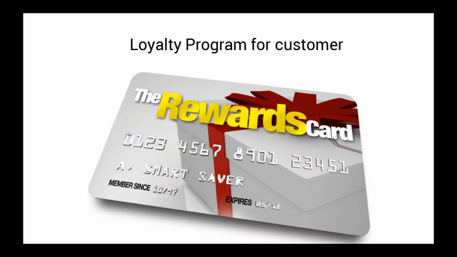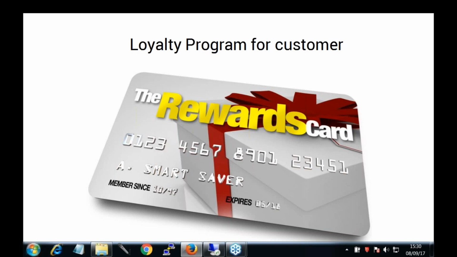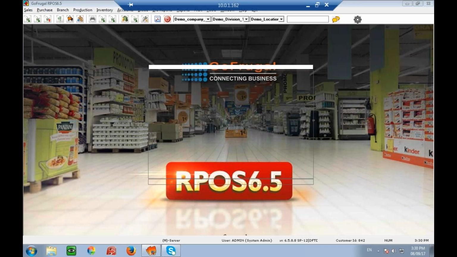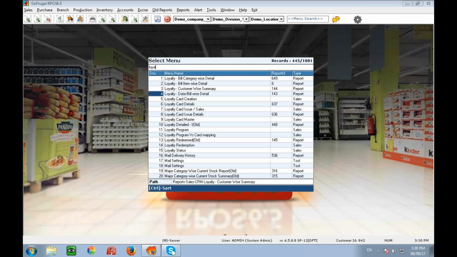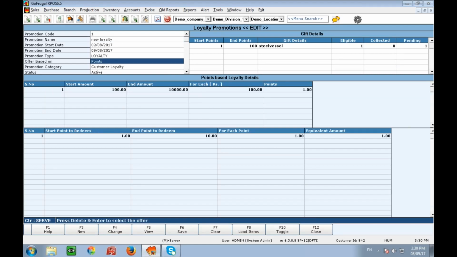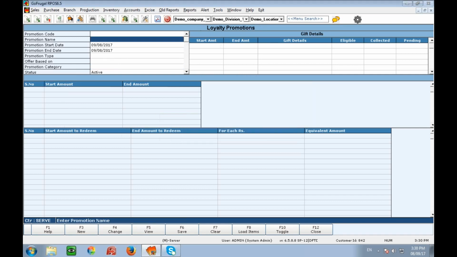Let's see how a basic loyalty program can be set up in the application and applied to the bills. In the search, type loyalty program, and you have the loyalty program here. This is the screen where the complete loyalty program can be created. It's very simple. Let me check if there are any existing ones. I'll make this inactive. Okay, it's done, so nothing is active now. We're going to create a new, fresh loyalty program.